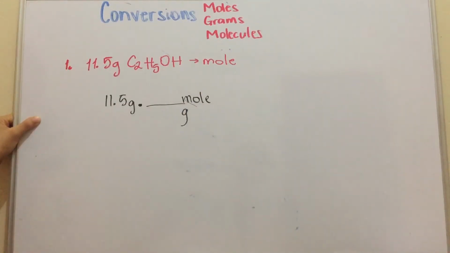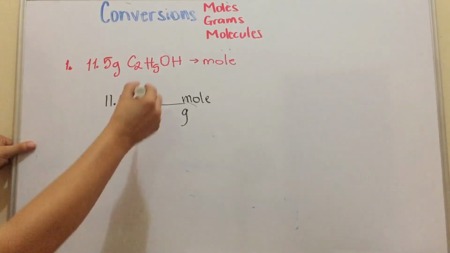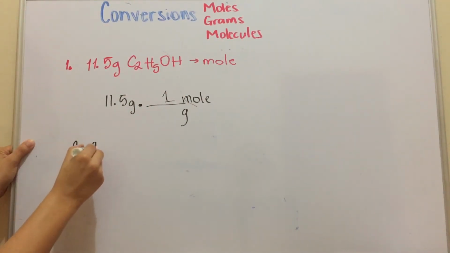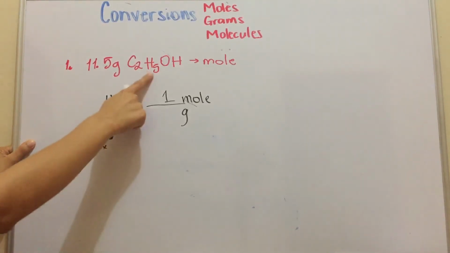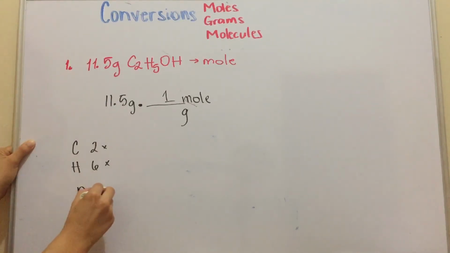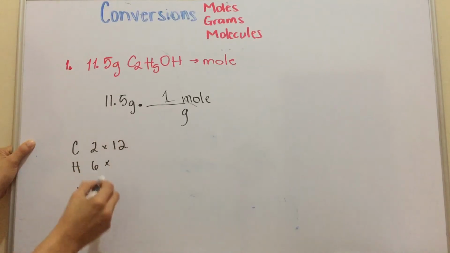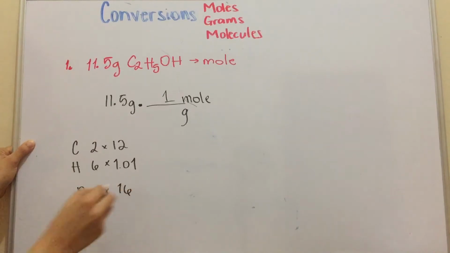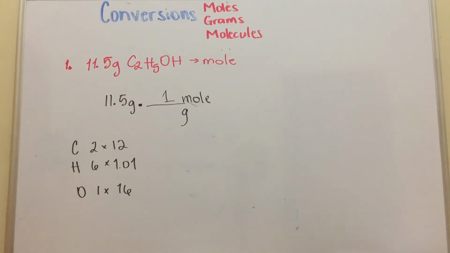Remember that 1 mole is equal to the formula mass, meaning the weight of this compound using the periodic table. So 1 mole has how many grams? We're going to figure that out. We have carbon, we have 2 carbons. Hydrogen, we have 5 plus 1, so 6 hydrogens. And oxygen, we only have 1 oxygen. So carbon is 2 times 12, hydrogen is 6 times 1.01, and oxygen is 1 times 16. Once we have that, we add all this together, and we get an answer of 46.1